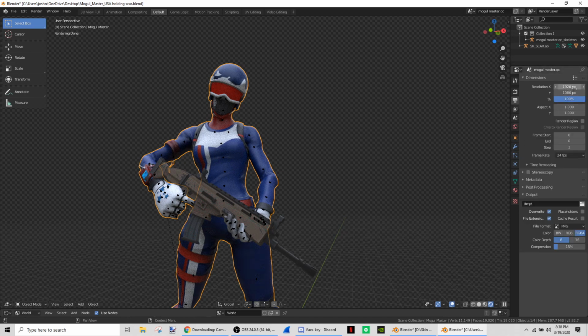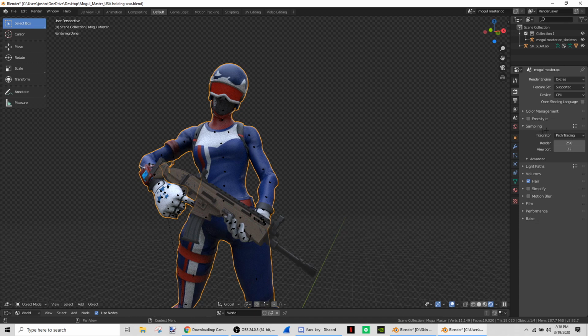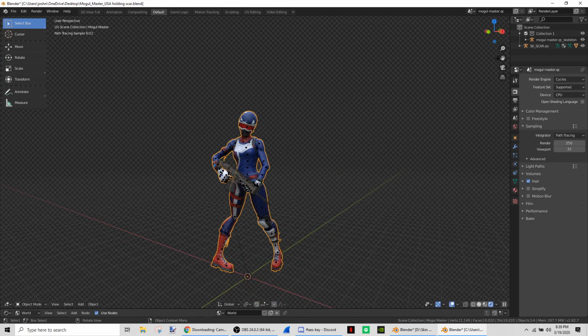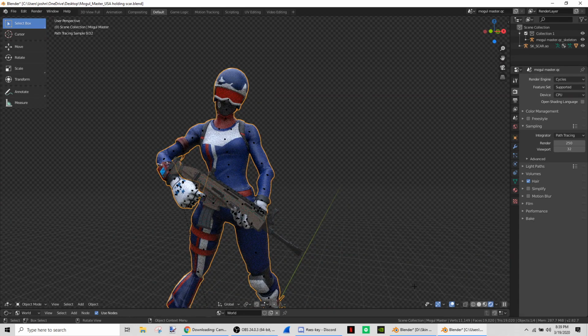For this one, you want to make sure that it's on 1920 by 1080. 100% is what I use. And just find a parent file. And then for this one, you want to go to film and hit transparent. I'll make the background transparent. And then you can put the sampling for the render at 250 so that it'll be a better quality. So now that we got the image and the lighting, let's go ahead and add